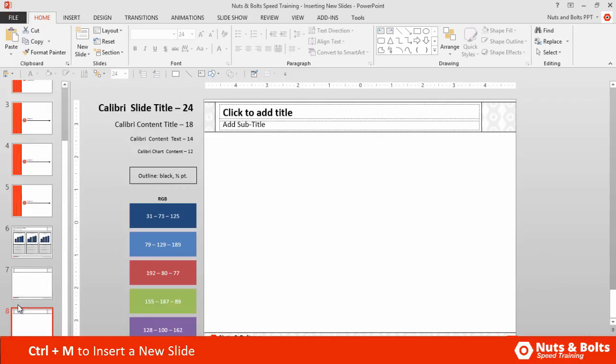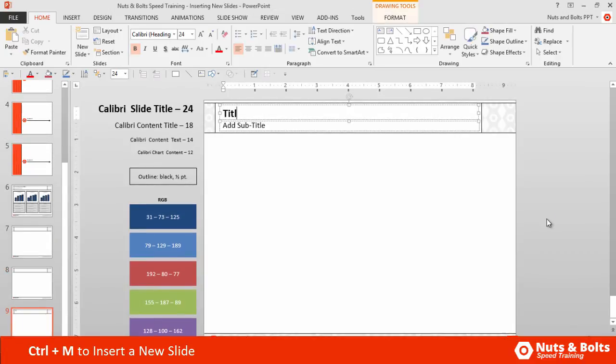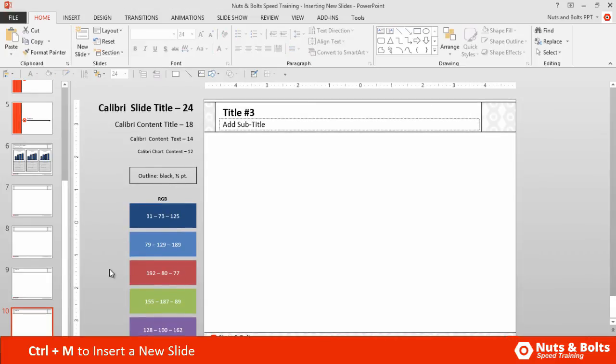type in the title. On the other hand, if I'm actively, so I click into the active window and I hit CTRL+M on my keyboard, I get a new slide, but I can immediately type into the title. CTRL+M again, title number 3. So CTRL+M works whether you're in the thumbnail view here on the left or in the active workspace view here on the right, but there's a slight difference of whether or not you can type into the